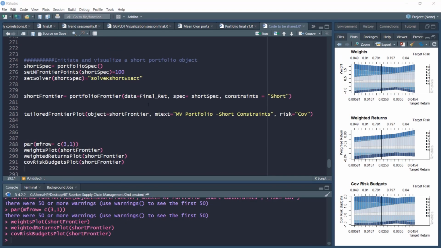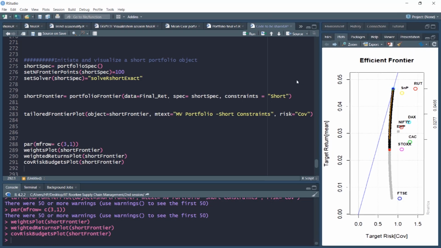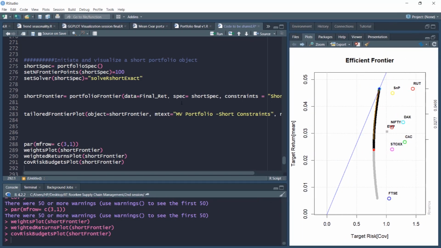To summarize this video, we initiated with a short object with 100 frontier points. First we plotted these frontier points along with their frontier, then tangency line and individual asset points through the tailored frontier plot command. Here we plotted them, and then also we visualized their weights, weighted returns and covariance risk budget plots for this